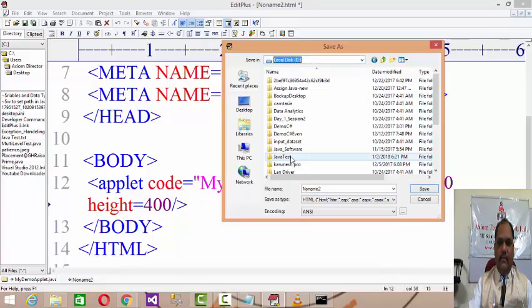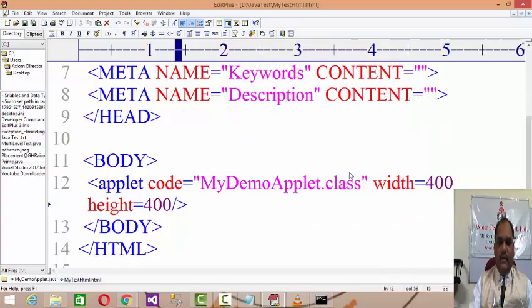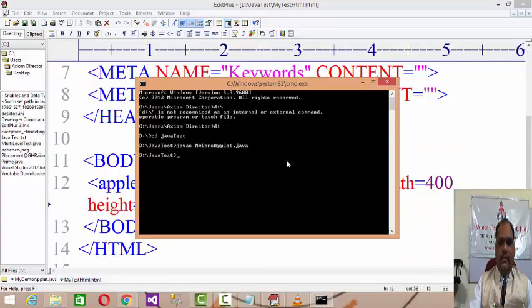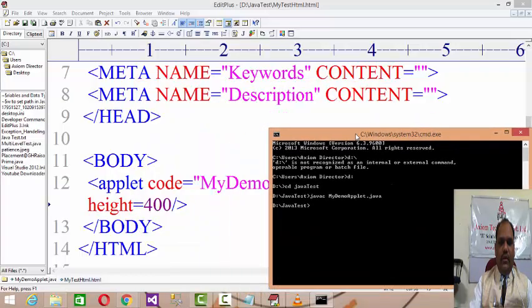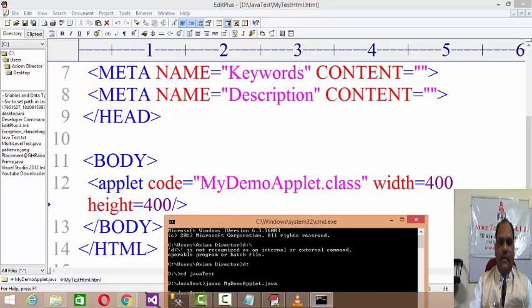And now you have to save it in the same folder, where let's say your file is my test html.html. This is the name of the HTML file. This is the code we write for embedding the dot class file in the HTML.